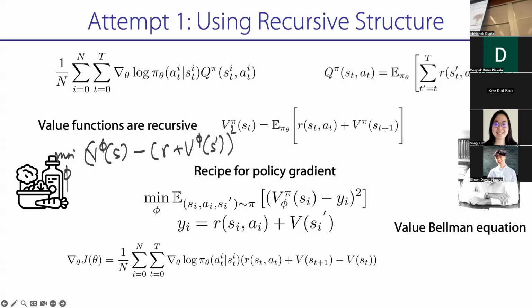The problem is that your target and your thing are both changing at the same time. And so for stabilizing, there's a deeper reason for this, which we'll get to later in the lecture, but basically you can think of this as removing the gradient to the right-hand side. And then every so often you flip it. You're having a stationary target, which is R plus V, and you're not passing the gradient to the right-hand side. You're trying to hit that target, and then after you hit it enough, you switch the targets. And so you can think of it as a way to avoid instability by not passing gradients to both the left and the right-hand side of that equality. Yeah, good catch. Yeah.